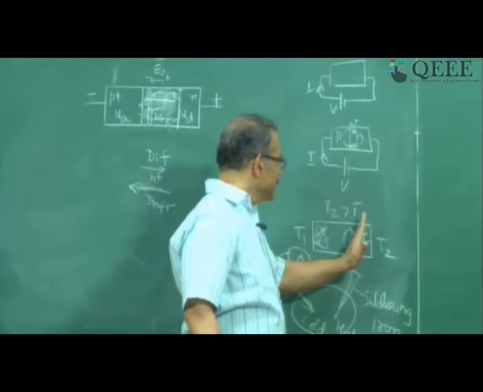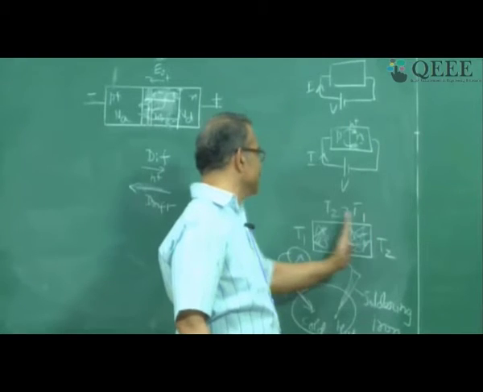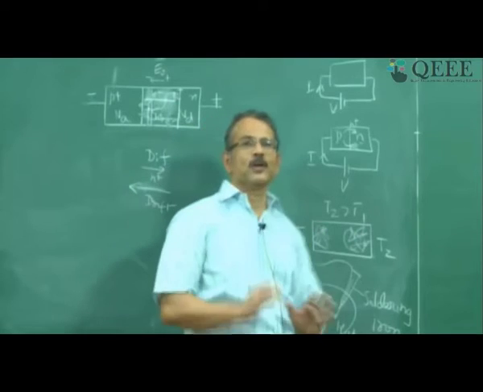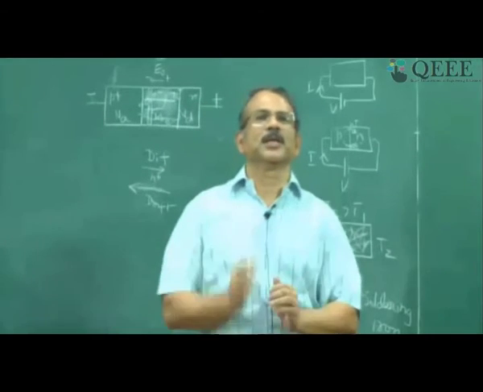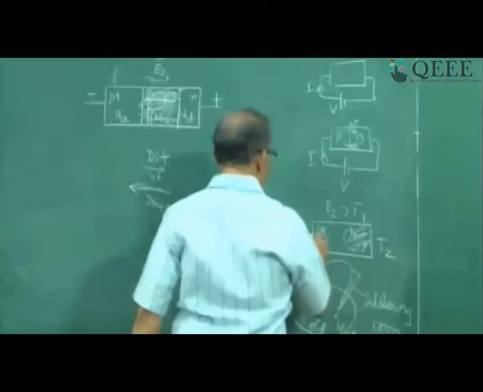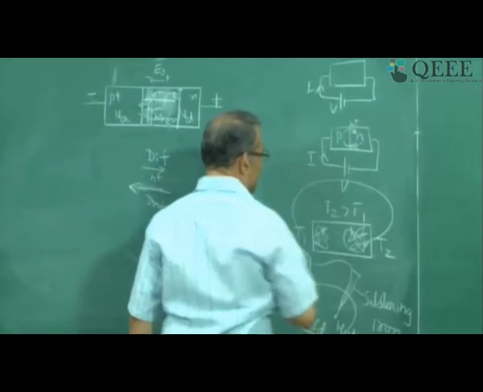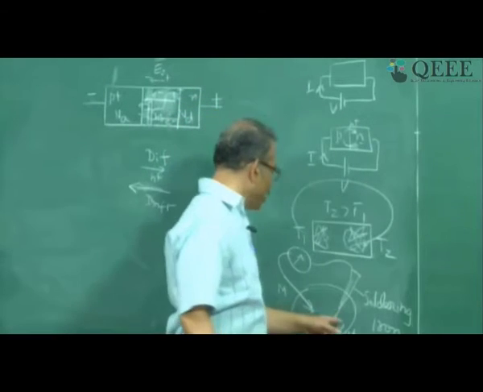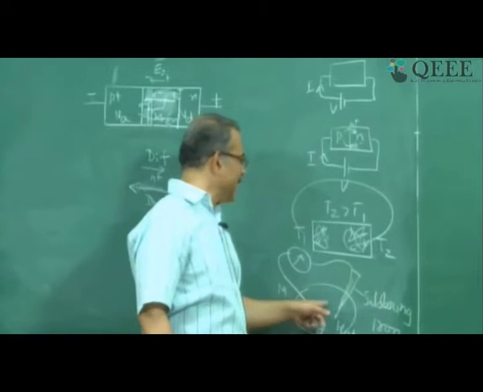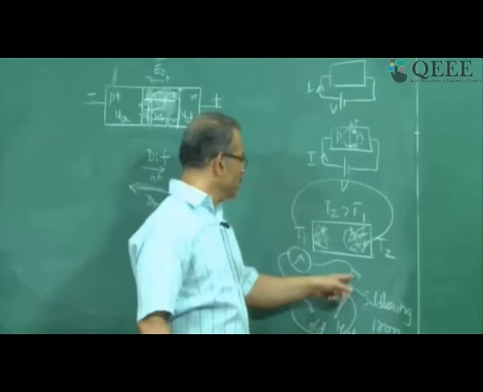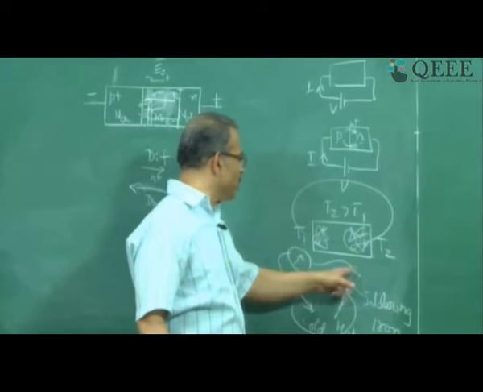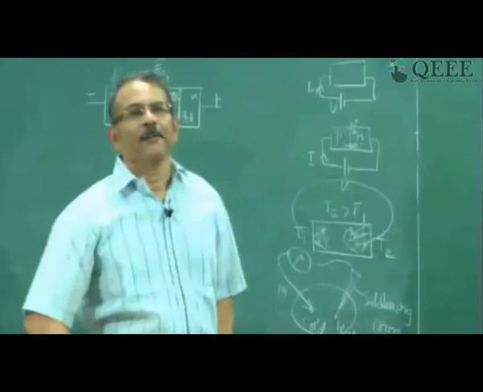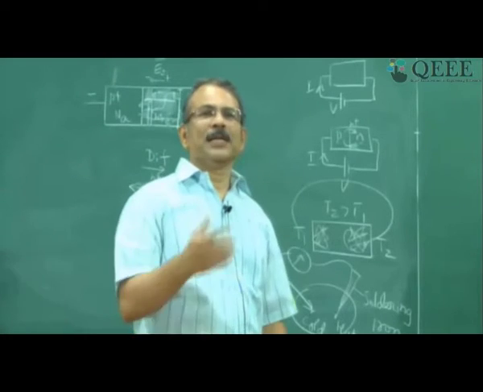Now, if it is an N-type semiconductor, electrons are moving from this end to this end. If it is a P-type semiconductor, holes are moving from this end to this end. Therefore, the current in the two situations is opposite to each other. And how will you get the current? If you close the circuit, then you will get the current through the wire. I will leave it to you as an assignment to find out whether the current outside is from hot to cold if it is an N-type semiconductor. This is the assignment given to you. It is opposite if it is P-type.